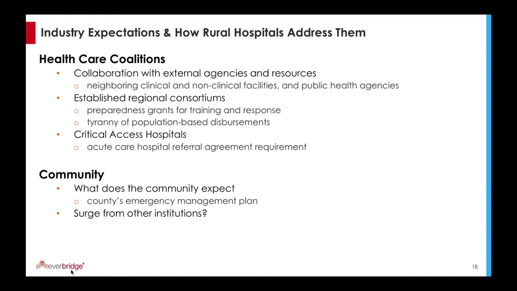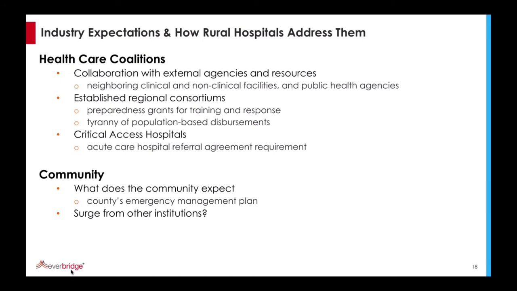One of the common factors or criteria describing critical access hospitals is each one of them has to have a referral agreement requirement in place with an acute care hospital. In other words, a place previously agreed upon for the transfer of patients with needs that exceed those available in the rural hospital. These are all partnerships, some of which are highly documented, some of which are handshake within the community, but all of them need to be documented because that's what you're going to rely upon when the time comes.